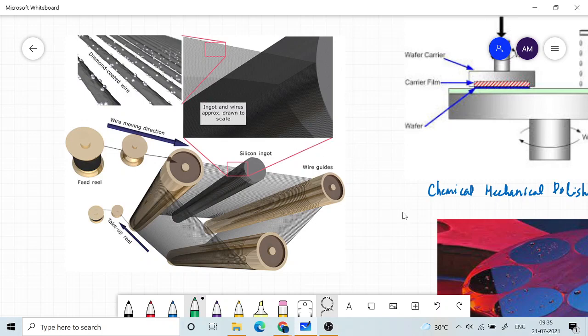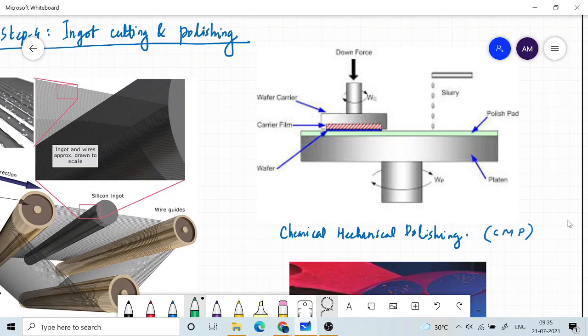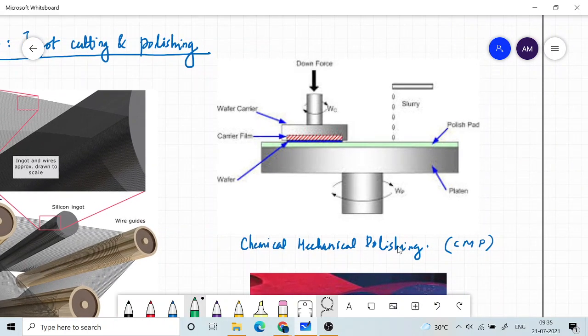So the cutting of the wafer will be followed with polishing, and the polishing that we do is chemical mechanical polishing. So that means we use sandpaper to polish, say, metallic surfaces before painting. Everybody might have seen that, right? In order to smoothen the surface before painting or remove the rust from the surface of the iron material, we apply this polishing. Okay, so this polishing is mechanical polishing.